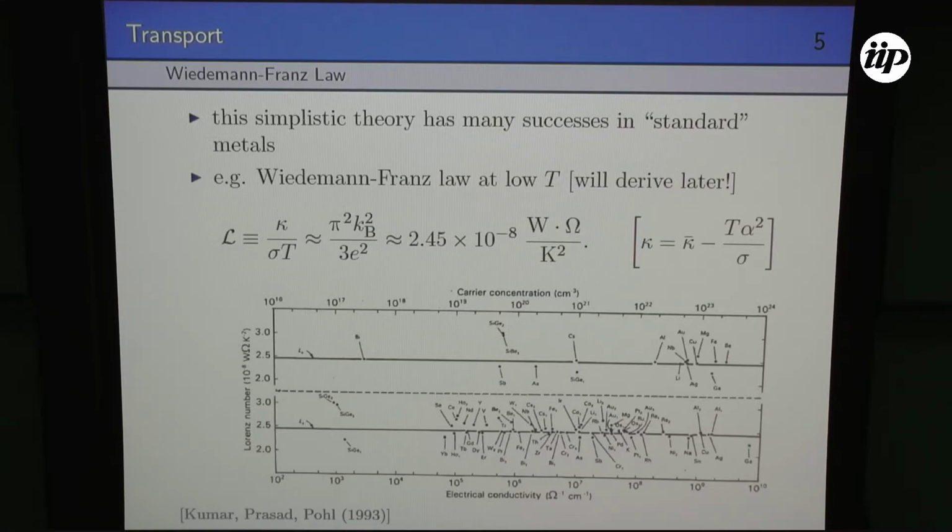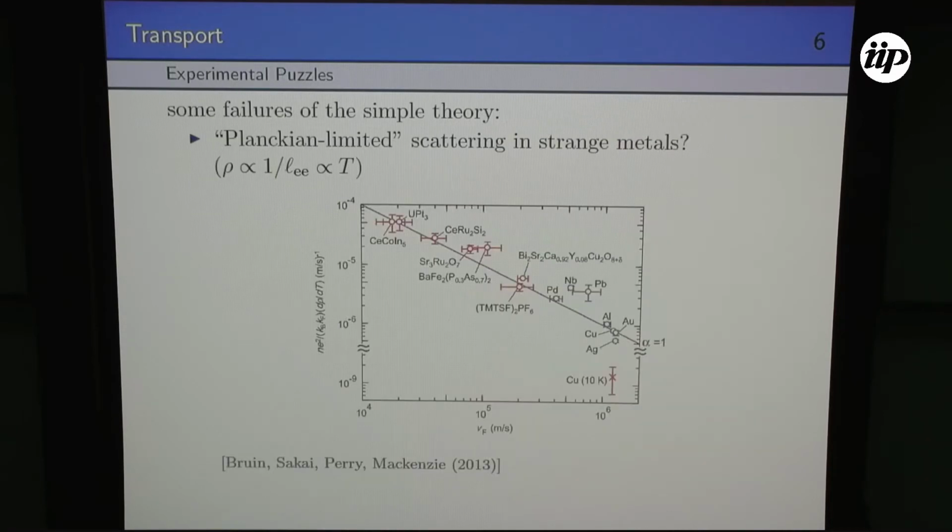But there are also a lot of things about transport that we don't understand. Okay? So one big puzzle that we don't understand about transport that I won't have so much to say about today, but this is just to point out that there are things we really don't understand. This is a plot that's maybe slightly hard to read, but what it's doing is comparing the coefficient of T-linear resistivity in a number of non-Fermi liquids. Okay? So you'll notice that T was one of the scaling laws in the zoo that I showed you earlier, but we don't think it's relevant for a lot of these systems